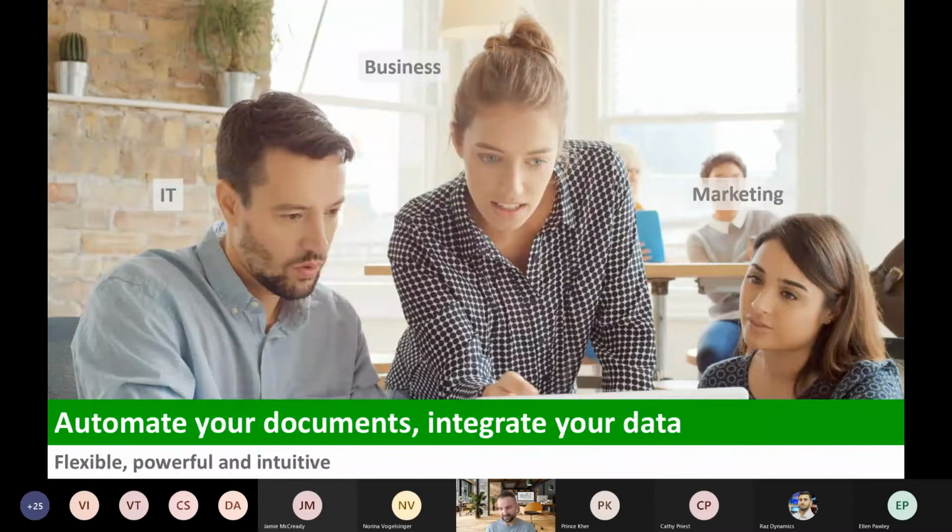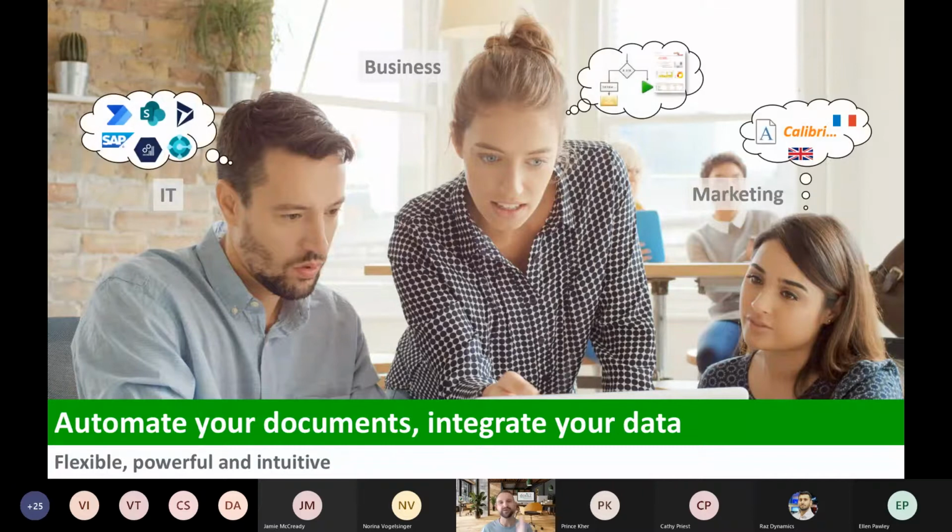So considering business automation with documents, there are usually three groups involved, right? We have IT, we have business, and we usually have marketing, as you want to have the CI, so that any adaptations are done quickly and easily, but also optically perfect in the way it should be. From the IT side, if we consider the SharePoint, the Teams integration, the Dynamics data, you want that to be, of course, according to the processes, and ideally the data should be in those systems. And if you have the document automation set up perfectly, users will actually really use the data they have in the systems and keep it up to date.